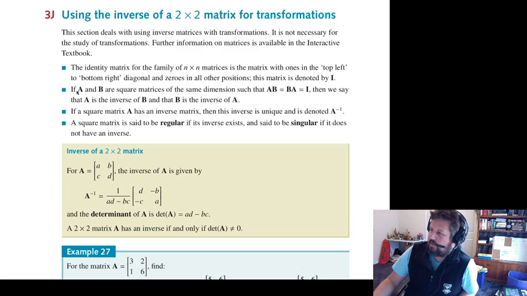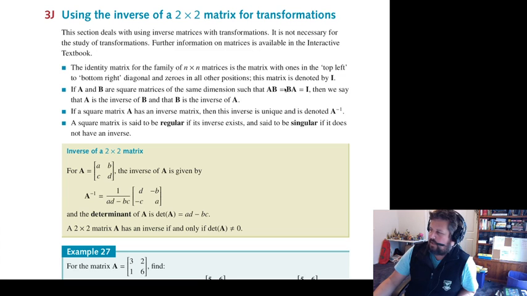Again, if you've got some matrices A and B, and they are square matrices, that means they have the same number of rows as columns. They're both the same size and square. It should be noted that if you multiply the two of them together, they will work the same way. If you multiply A by matrix B, it is the same as multiplying matrix B by matrix A. Often the order is important, but if they are square matrices and they have the same dimensions,